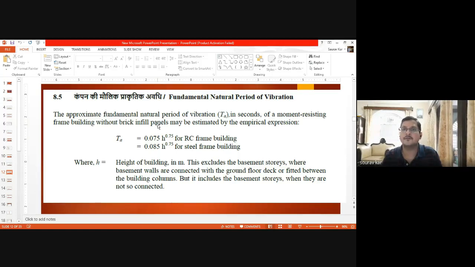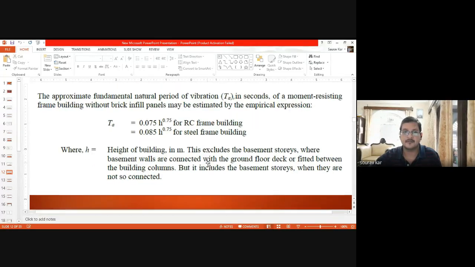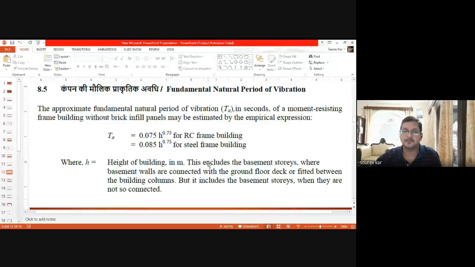So whenever we go for cladding or some facade type of structure, then our time period will be 0.075 h to the power 0.75. I hope you can see the screen.